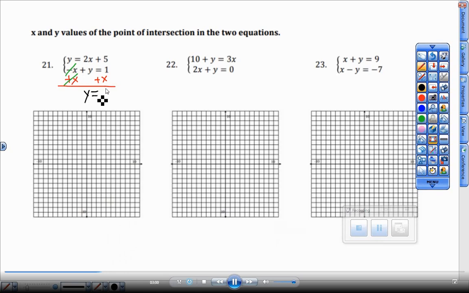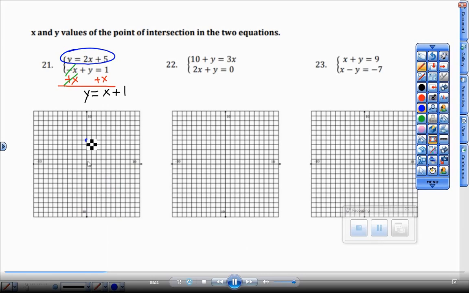I need these solved for y before you graph them. We want them in slope-intercept form. So the first one was good to go, y by itself. This one required one step, adding x to both sides. Now they're both ready to graph, where this one in blue has a y-intercept of 5 and a slope of